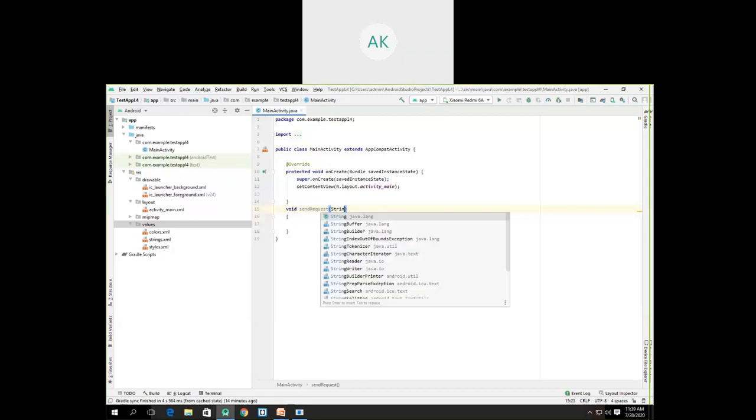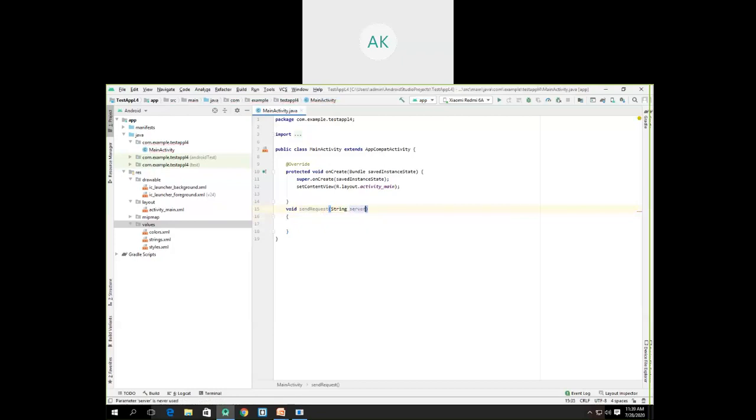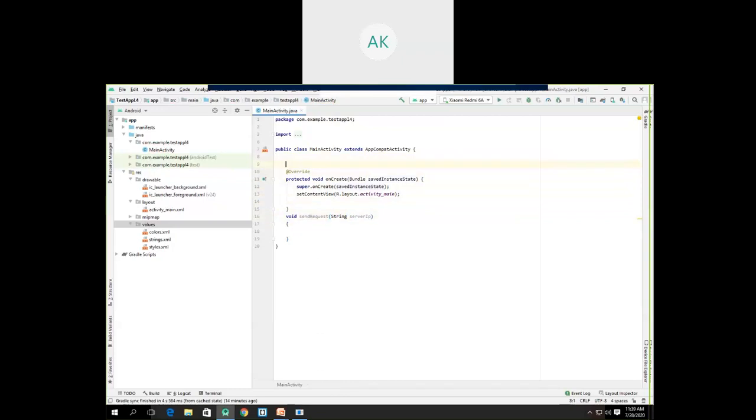What we require here is a string serverIP, and we can define the server IP here. Let's say our server is something like 190, something like that. Since it's a string, we put this value inside quotes.